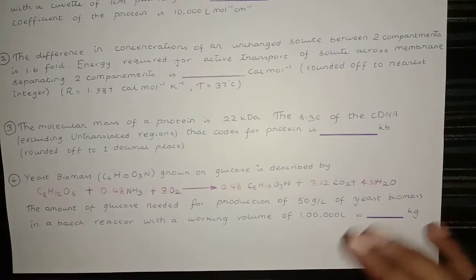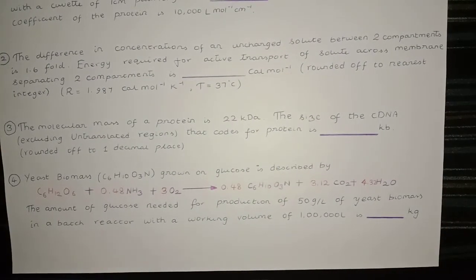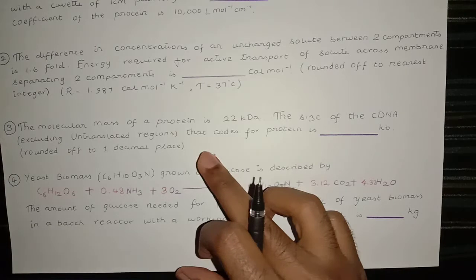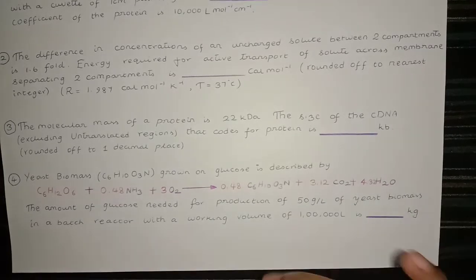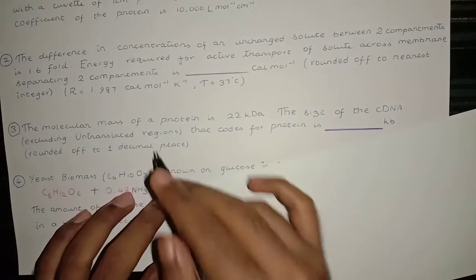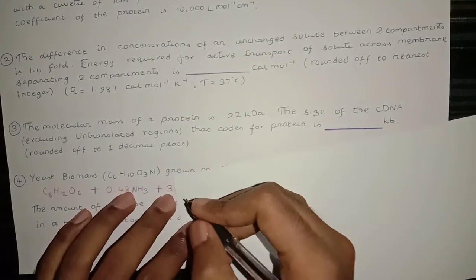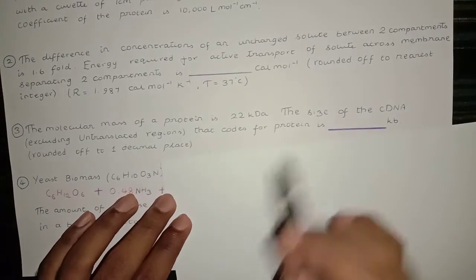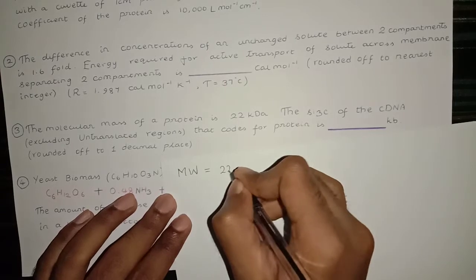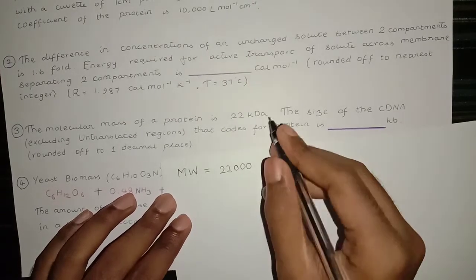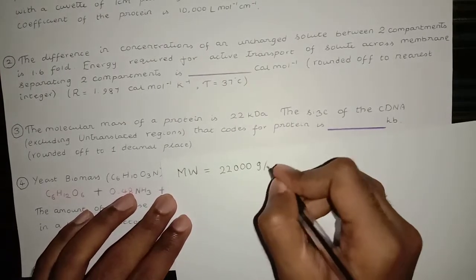Third question, the molecular mass of a protein is 22 kDa. The size of a cDNA excluding untranslated region that codes for protein is dash kb, rounded off to 1 decimal place. So given the molecular mass of the protein is 22 kDa, molecular weight 22,000 Dalton, Dalton is gram per mole,